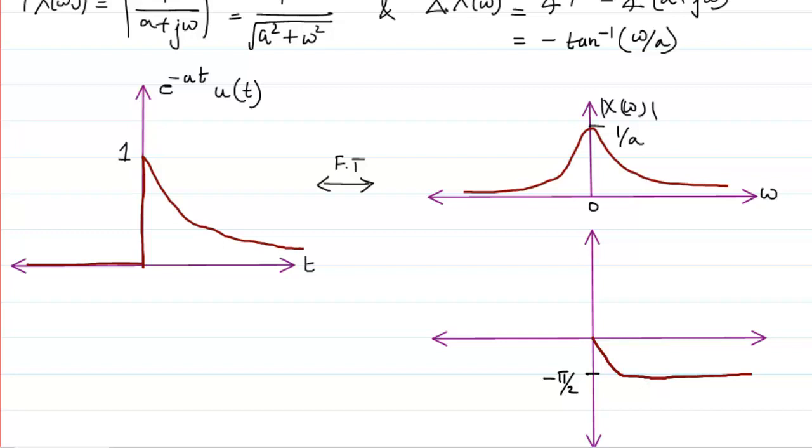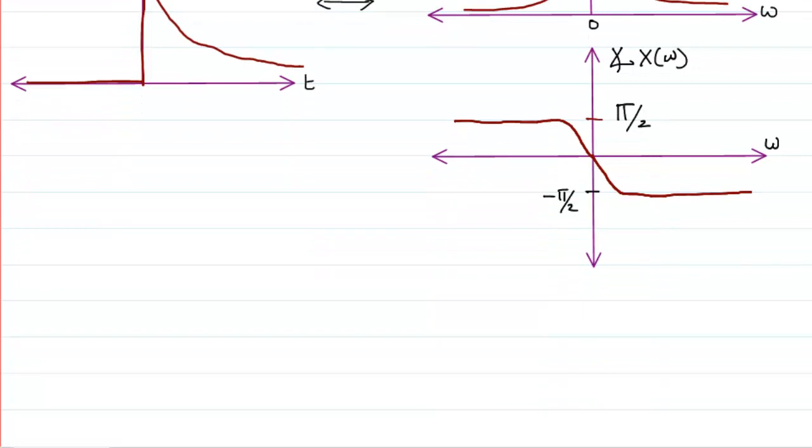Okay, and if I put a negative omega value, then it will have a positive pi by 2 value. So you can try to put several values and see what the values are, and you will see that its maximum value will come out to be pi by 2, and this is our angle of X of omega, the phase angle of X of omega.